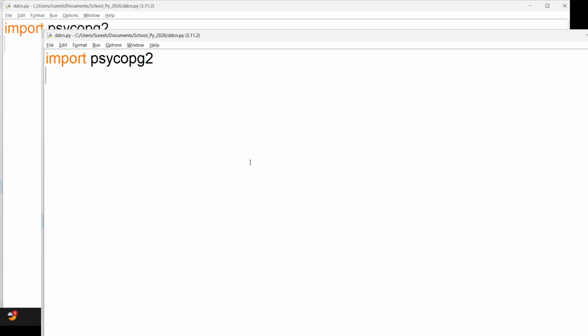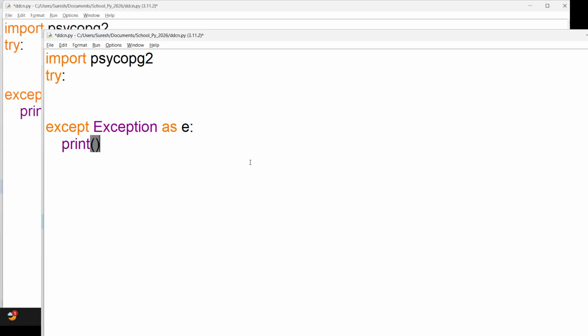We want to create a connection. If you remember the try and except block, it handles any external errors that come, so we use except Exception as e. Within that I will create the object, that is correct.